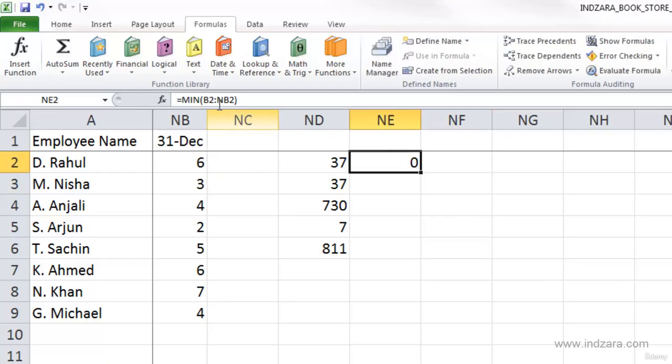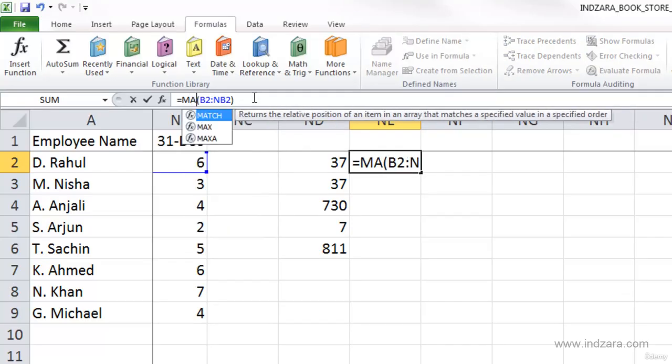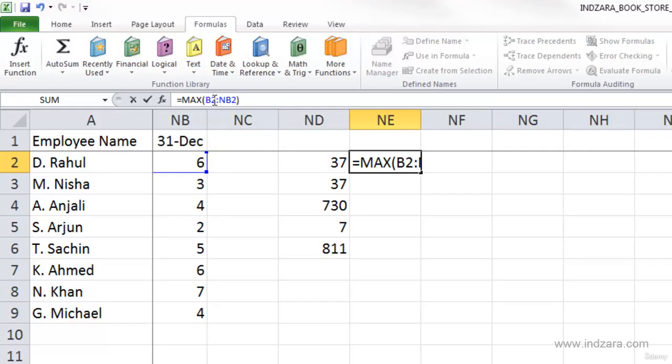worked by Rahul the entire year on a single day is 0, because there are certain days where Rahul didn't work. And if I want to edit this to another function called max, it will find the maximum value in this range of cells. And now I'm going to hit enter, and the maximum number of hours Rahul worked on a single day is